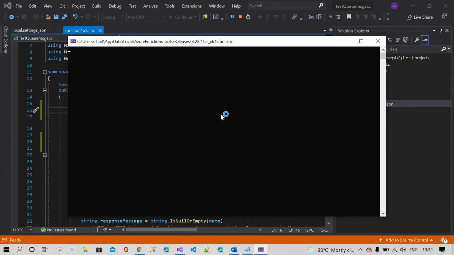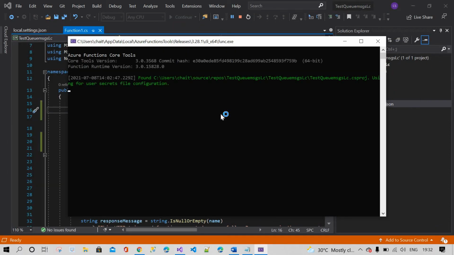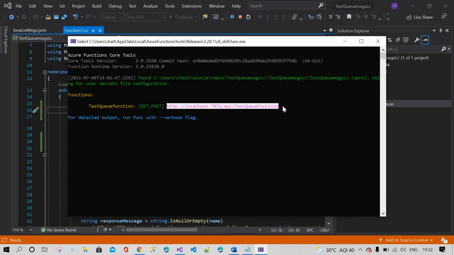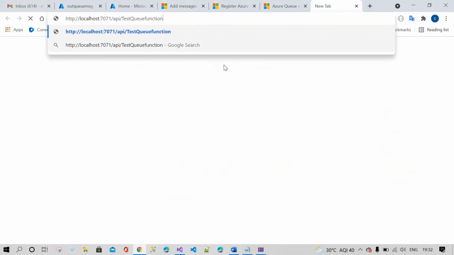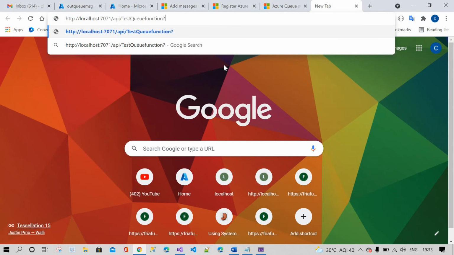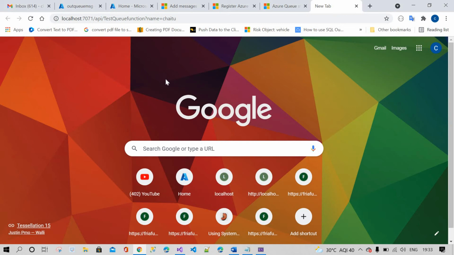Test the code. Yeah, now we got the URL. Based on this URL we will test the code. I'm passing the query string as Chaitu. You can see, hello Chaitu, this HTTP triggered function executed successfully.